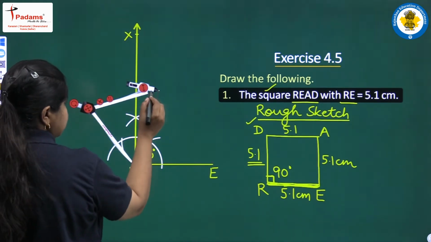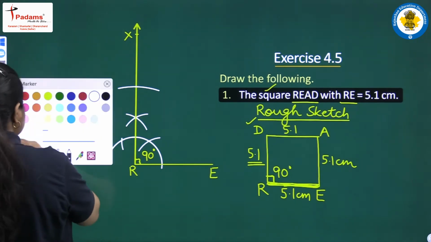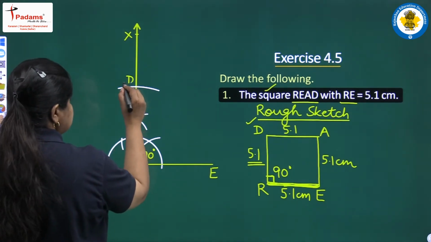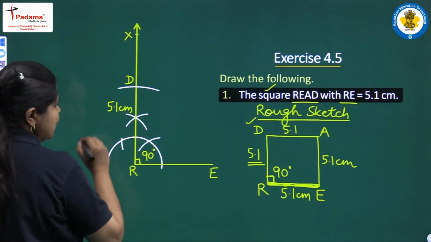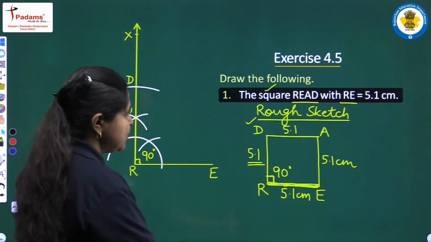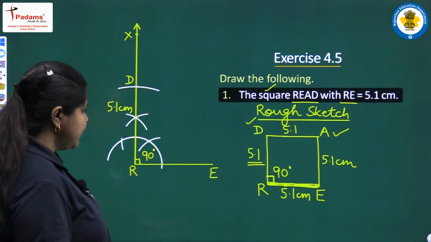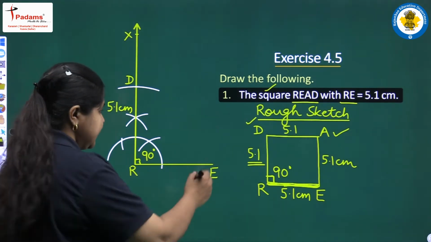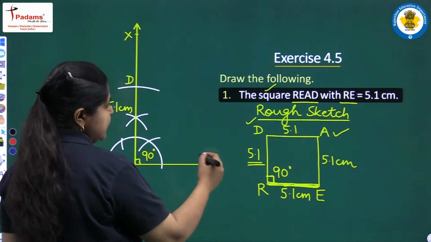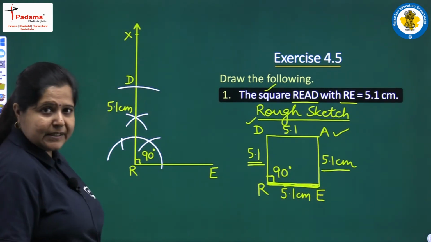This we draw the arc, and so we get this point D with us. You can see we have taken this radius equal to 5.1 centimeter. Now we need to locate this point A, and again we can do it in two ways. First we can construct an angle of 90 degree at point E, then we will get one ray, and then we can locate point A on it at a distance of 5.1 centimeters.